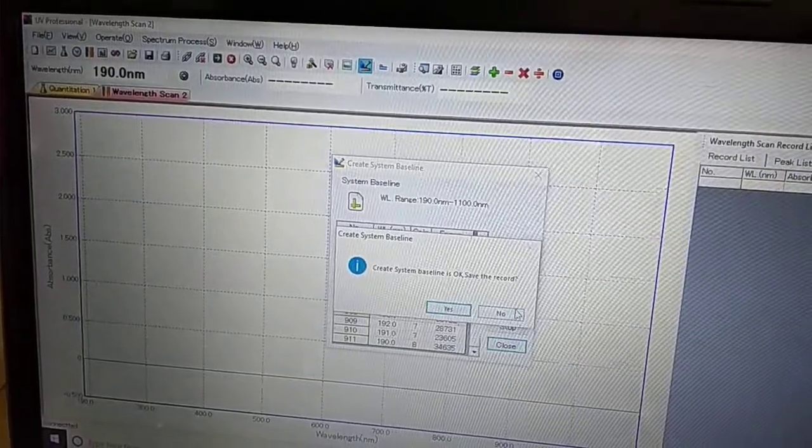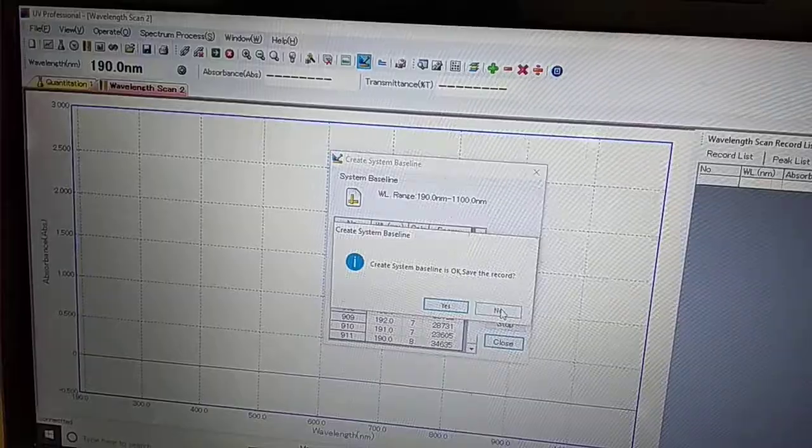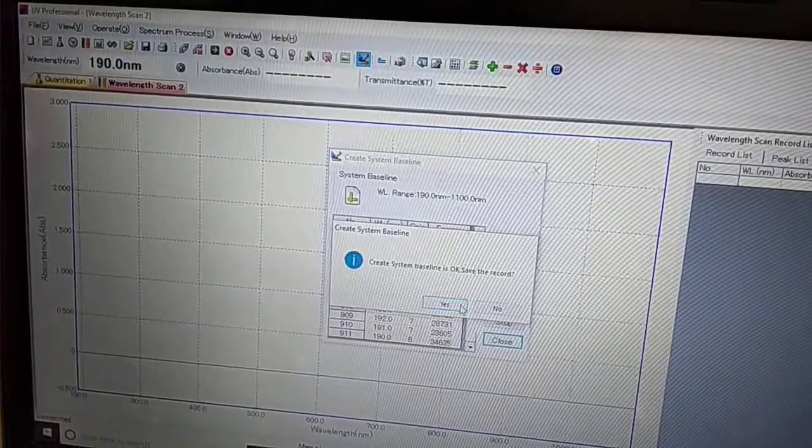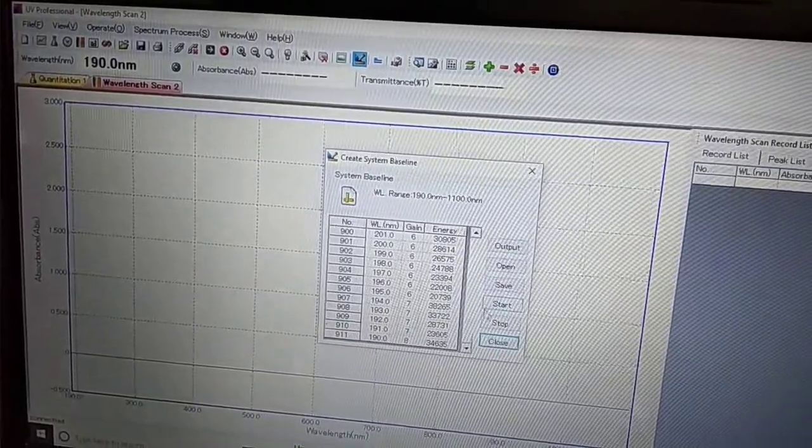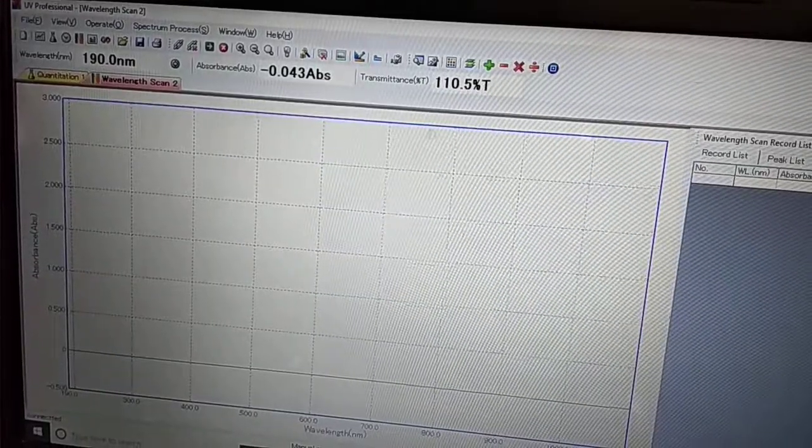The process is completed. Press no if you don't want to save your results, and press yes if you want to save the results, and close it. After this,